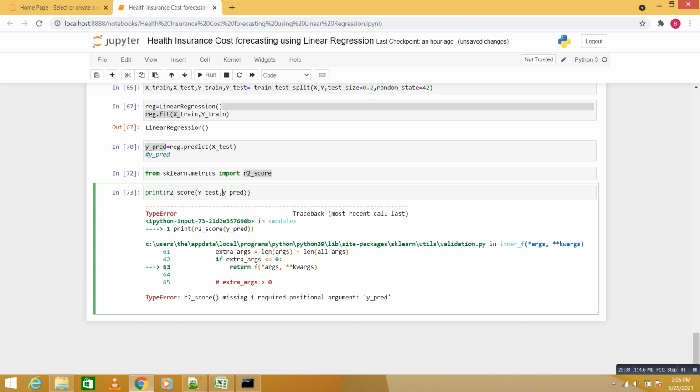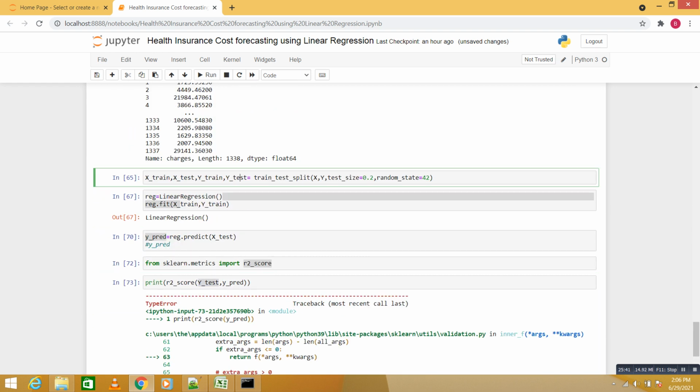This is the actual value and this is the predicted value. We compare the actual value with the predicted value. This is the original value which is already in our data set, the y test, and now we predict the y pred value for the same data set.